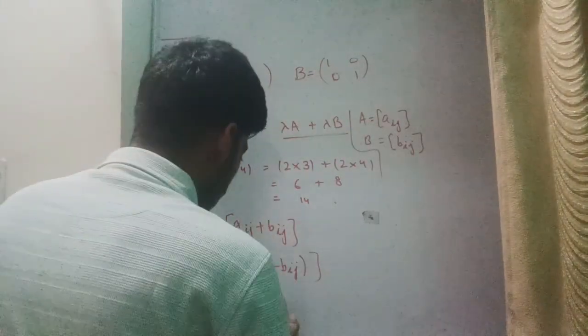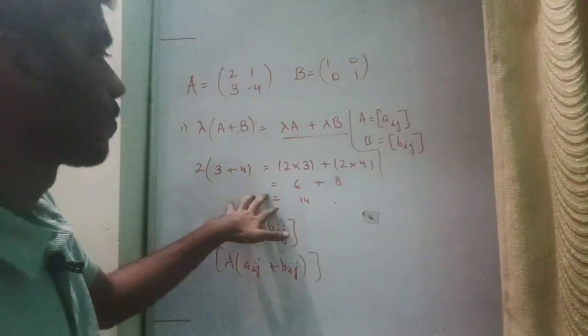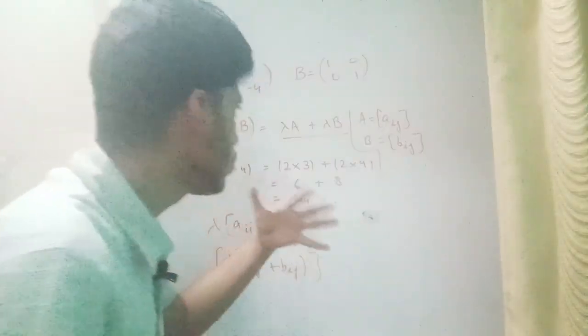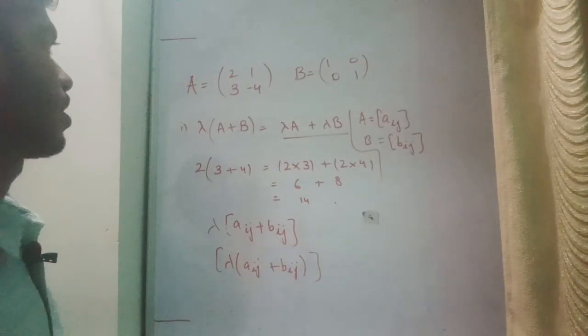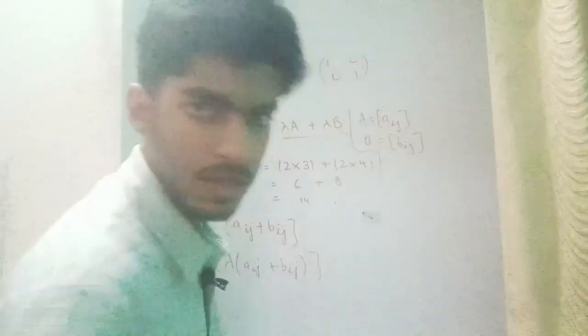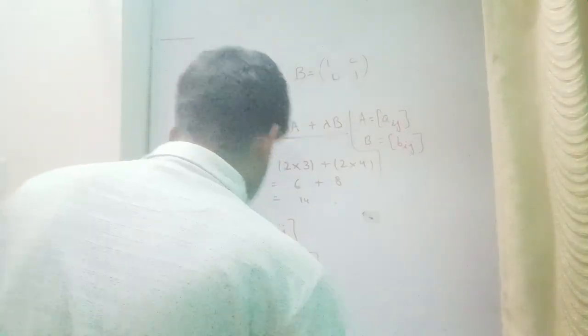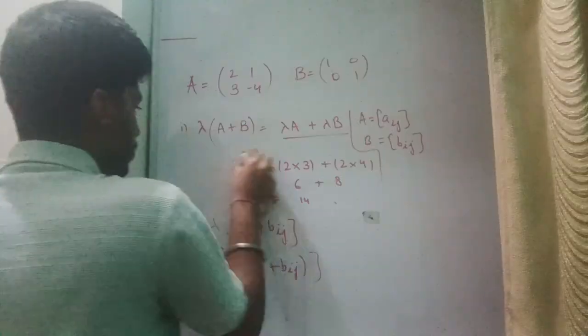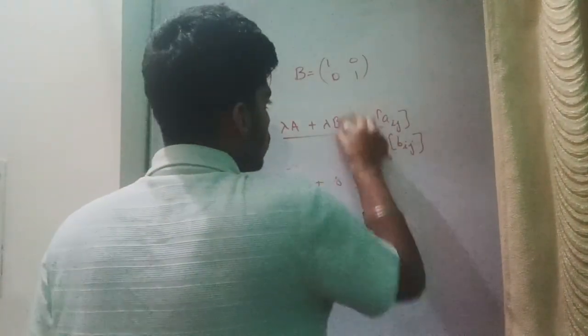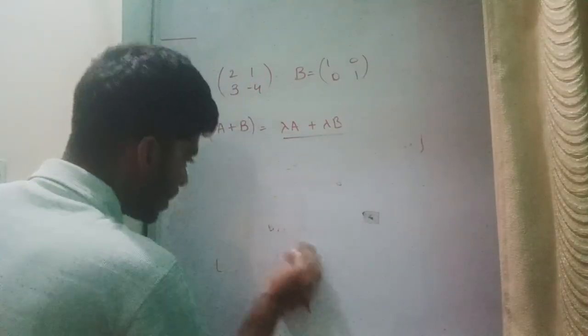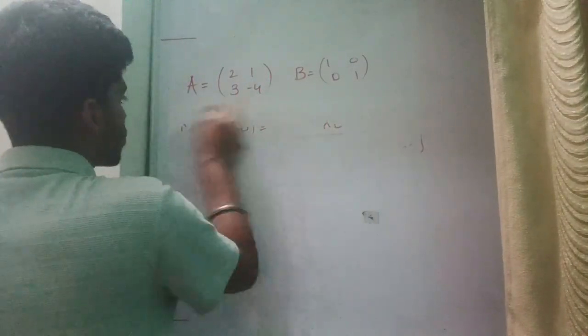Right. And now the same distributive property that we have studied for numbers, we will do the same things in reverse. And we will be left with lambda times A plus lambda times B. Right. So we will now go with another property of scalar multiplication, which is,